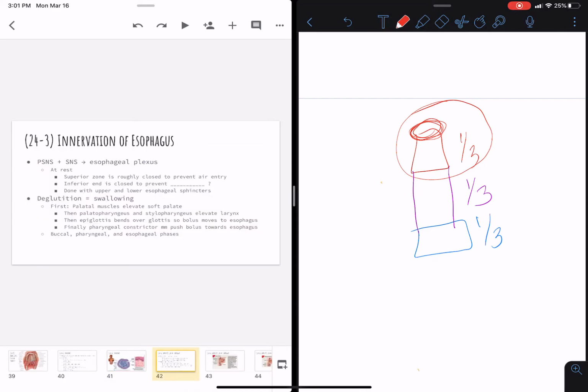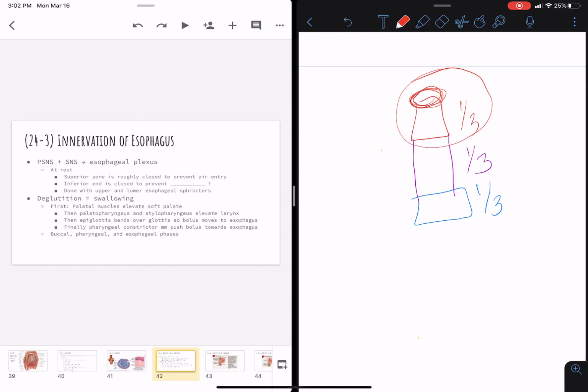Now, how do we control this esophagus? Parasympathetics and sympathetics. This is all going to be activated via the esophageal plexus. At rest, the superior third will be sealed off, and the inferior third is also going to be sealed off. So if we draw our stomach here at the end, a J-shaped organ,